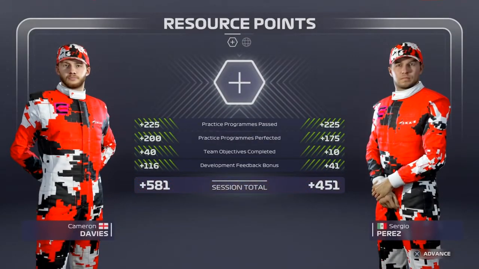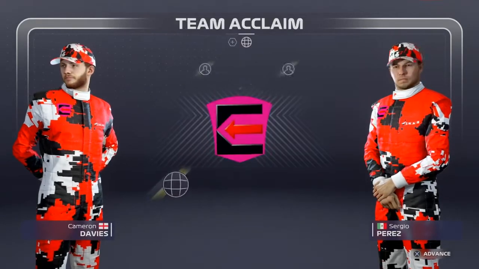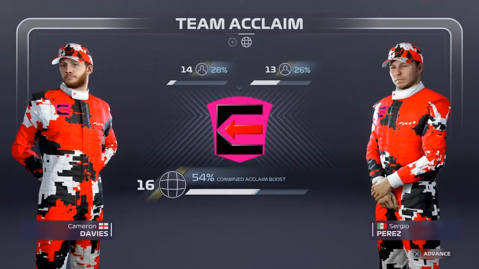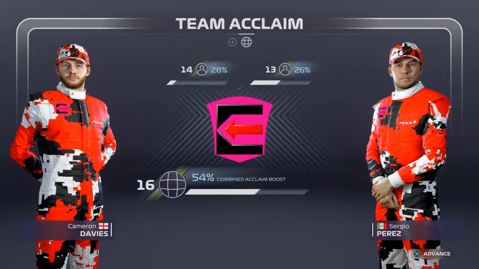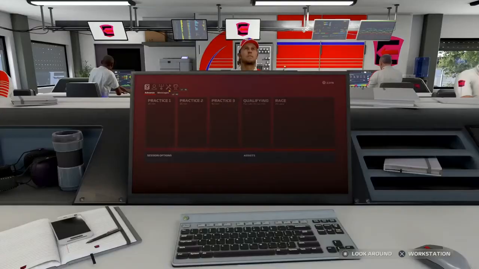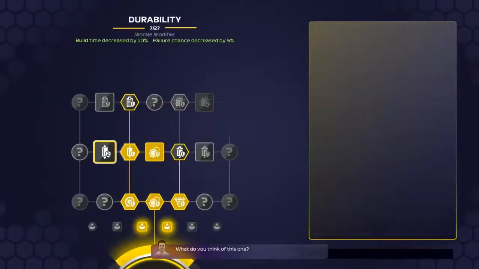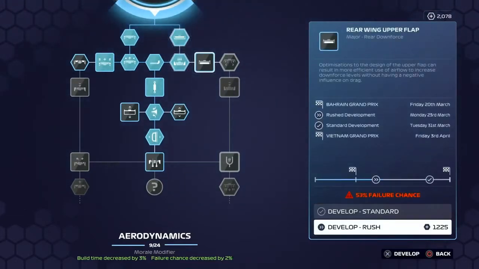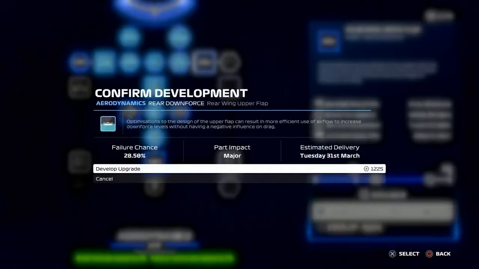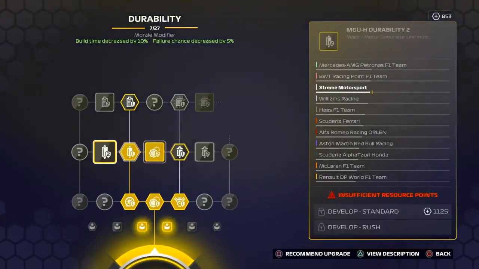But after practice, we've got 1,000 RD points. Thankfully, we've got a teammate who's actually participating in the practice program. So since we've got about 2,000 resource points, I'm going to make 1 or 2 upgrades, one of them being the rear downforce. I don't think we're going to have it in time for Bahrain, but we should have it in time before Hanoi. As you can see, there's no point rushing it. But we've got some more resource points. I thought, let's